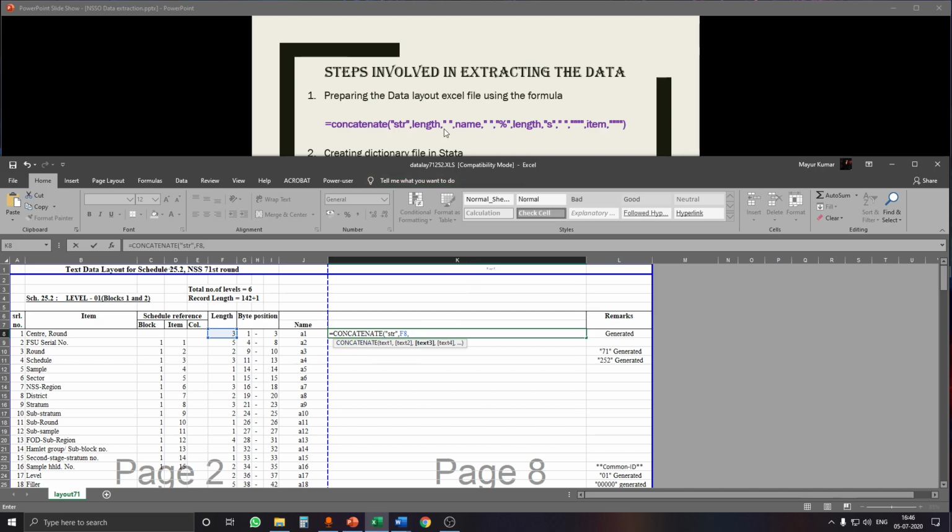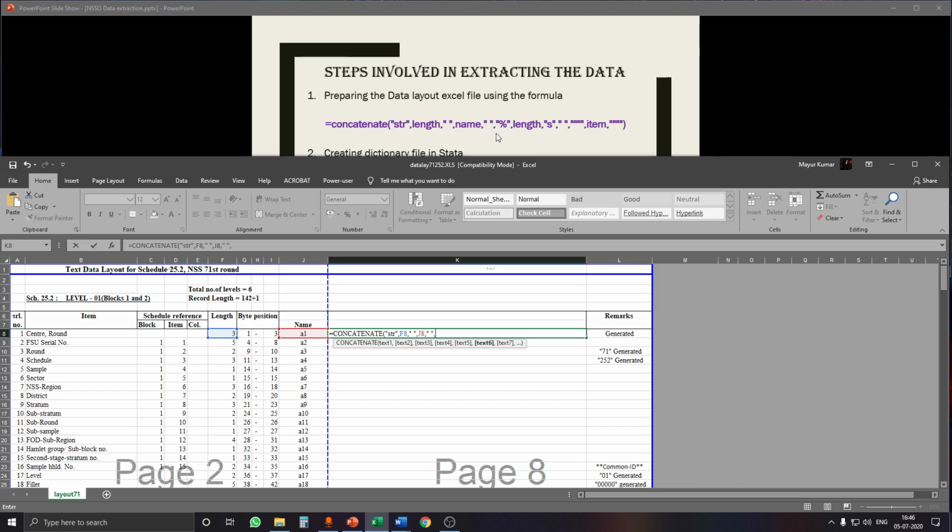Now we have to put a space in between, so to put a space we use quotation mark, then press space bar for space and then close the quotation mark, again comma. Now we have to put name, so we will put name, and this is the reason why we created this thing, because we will require this in the Excel, in this data, sorry. So we have put the name, comma. Now we need to again put a space, so again quotation mark, space bar, quotation mark closed, comma.